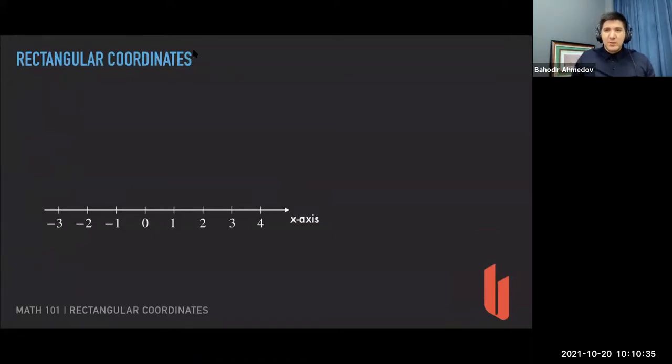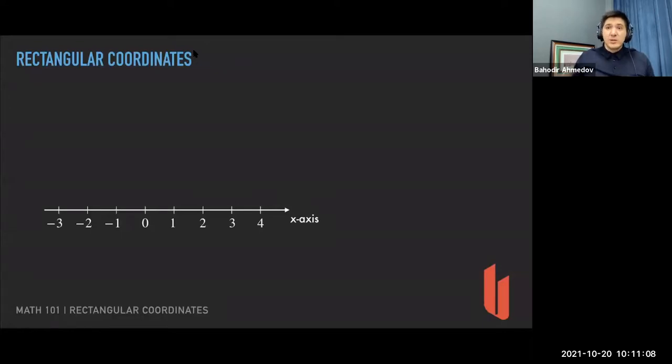So previously we dealt with equations with just one variable, right? Whether it was the quadratic equation, the inequality, or an equation which involves the absolute values and so on. And we drew the solutions using intervals along just one axis, the x-axis, right? So we learned about open intervals, closed intervals, or infinite intervals, and so on. So from today, we are going to deal with equations which have two variables, x and